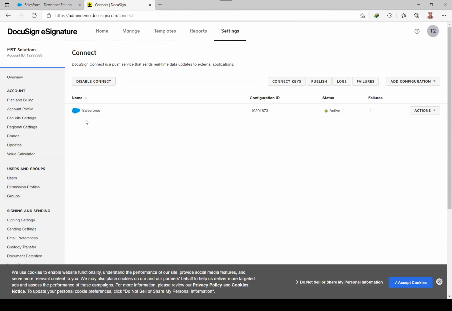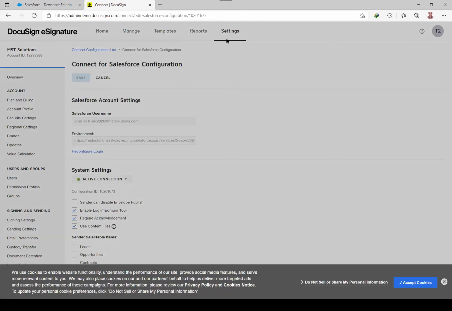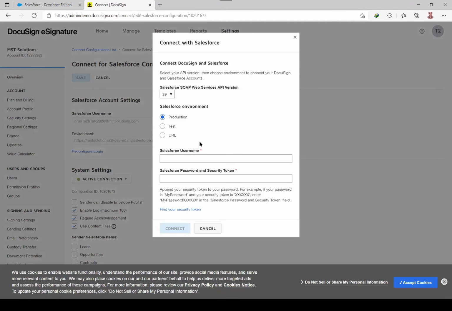If your org is not connected, just go to add configuration. Here, the Salesforce option will be available to connect. Like I said, the integration supports more than one application, so here you can see Dropbox, OneDrive, and eOriginal. Once you select Salesforce, this tab will appear.